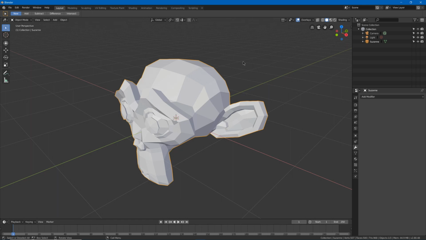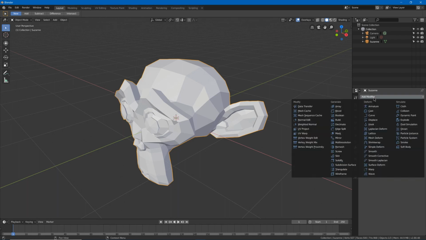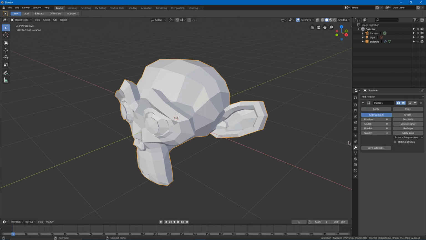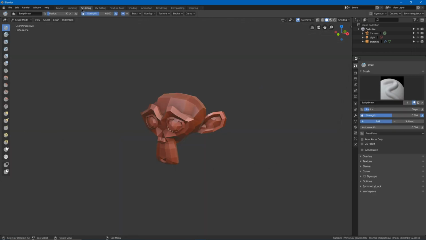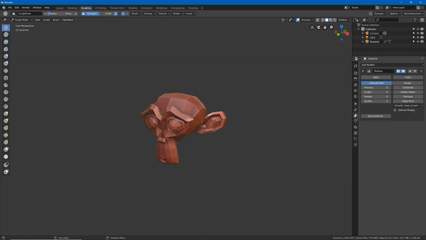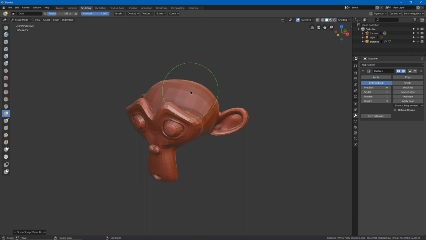So to do the multi-resolution method, you go to modifiers and add a multi-resolution modifier, and then you go to the sculpting tab. You go back to the modifiers tab, and then you can simply hit subdivide. The multi-resolution modifier is like the subdivision surface modifier, except on each level of subdivision, you can sculpt. So to show this in practice, now that I'm on the first level, I can make big changes, and then I can subdivide higher